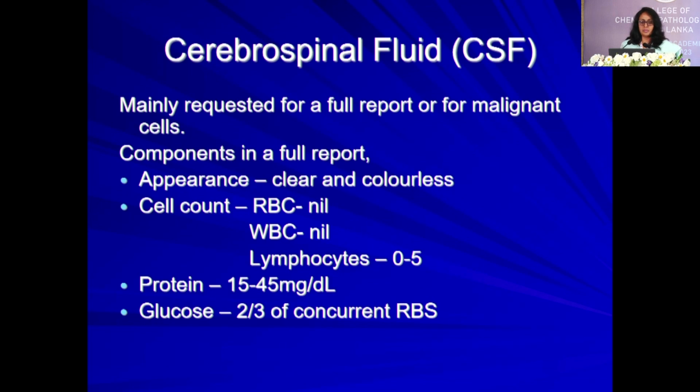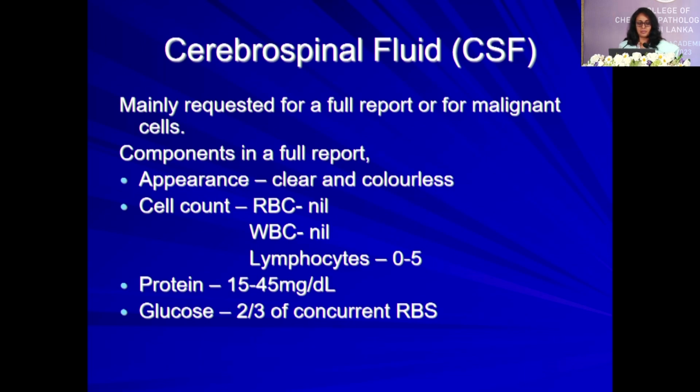Then we will move into cerebrospinal fluid. This is the second commonest test among the body fluids that we get into our laboratories. They mainly request a full report or a test for malignant cells. In a full report, the appearance is normally clear and colorless. If instead it has a red or yellowish color, that means it's pathological. In the cell count, usually there are no red blood cells, no white blood cells, and lymphocytes can be present